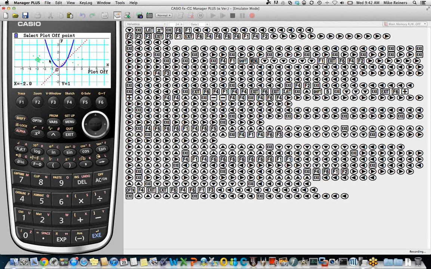And notice that we actually have a little piece missing from this grid line. Not only does plot off delete any plotted point, but it also deletes anything that is graphed at that space. So for example, we could plot off at 0, 0, and you notice we now have a hole there.